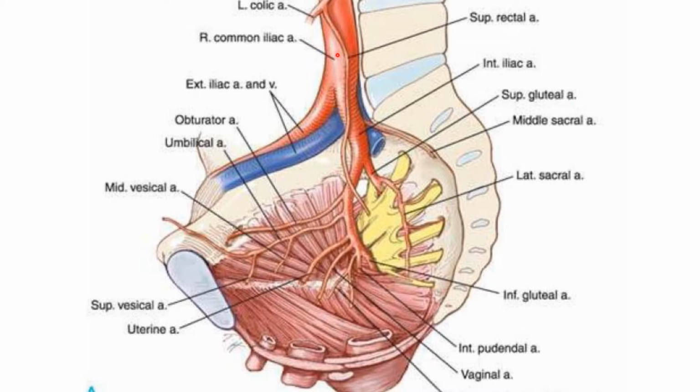This one is the abdominal aorta. Here it divides into the common iliac arteries, right and left. Then further it divides into the external iliac artery and the internal iliac artery. Within the wall of the pelvis there are branches of the internal iliac artery, and there are nerves. The different arteries, or the branches of the internal iliac artery, are the contents of the wall of the pelvis. First, the internal iliac artery.